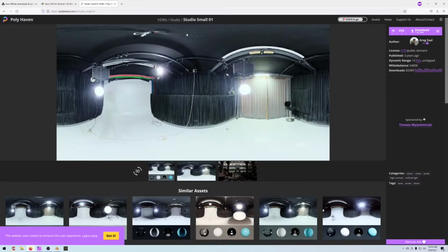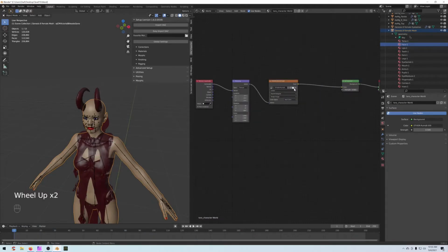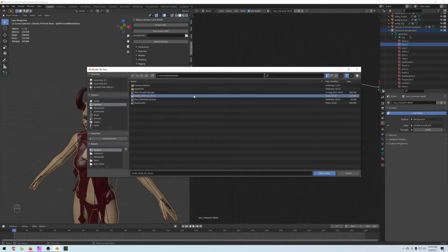So we're going to go with this Small Studio 01, and we're just going to do 1K because we really just want the lights. We're not worried about the background or anything like that. So I downloaded that to our desktop, so we'll add that in, desktop, Small Studio,